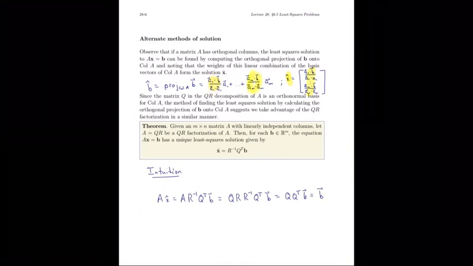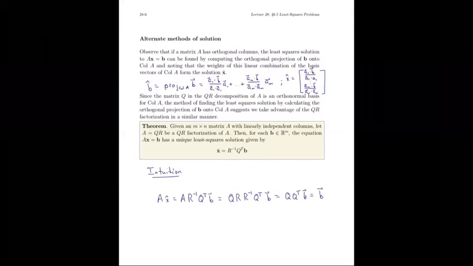So this simplifies the problem. If we knew we had a matrix A with orthogonal columns, then we could simply find the solution by picking up the coefficients of this projection calculation, and that would be our least squares solution, this X hat off to the side. So that's one way to do it. We don't always have a matrix with orthogonal columns,